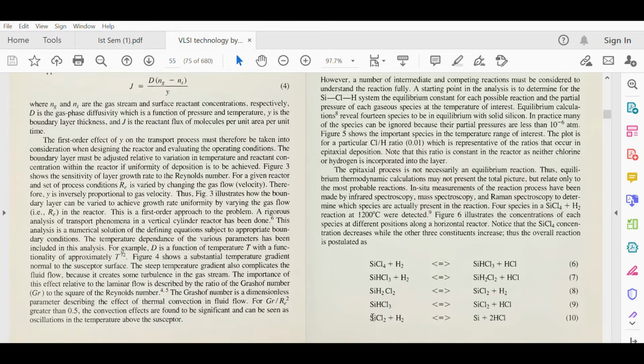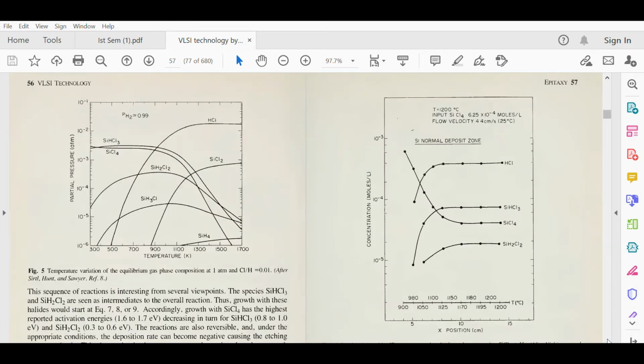So you need to know this reaction kinetics, how these simple chemistry reactions work, and you need to know these five equations only. If anyone asks you in the examination, or anywhere, how silicon is going to be produced in the vapor phase deposition technique, and what is the chemistry involved behind that, you can explain this.